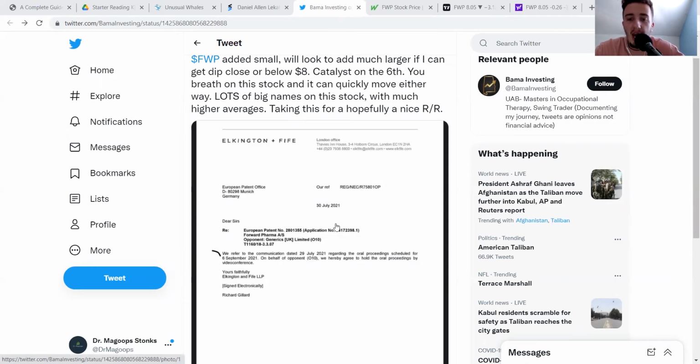Okay, so here's the catalyst that is upcoming for FWP, why a lot of people are excited about it, and the opportunity that it presents. As you guys can see, there is a European patent lawsuit right now that FWP is currently appealing, trying to get a $1.25 billion payout. That would be all cash that FWP could put in their pockets, and it would completely change the outlook of